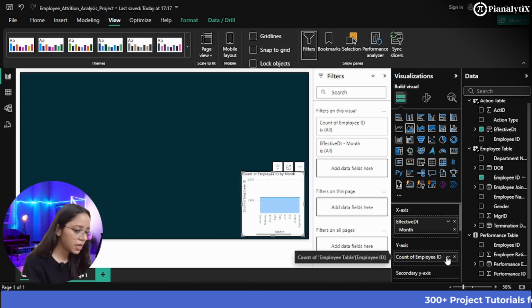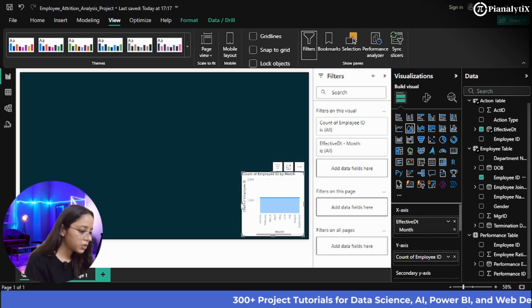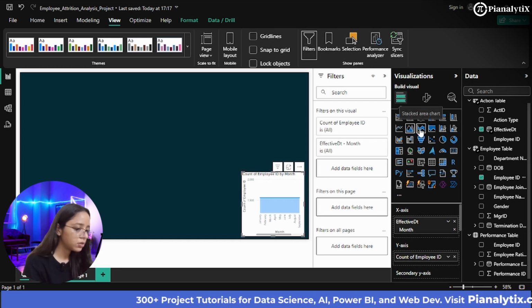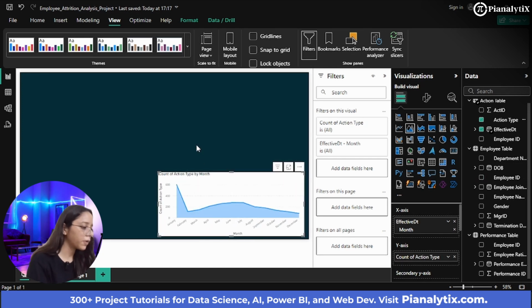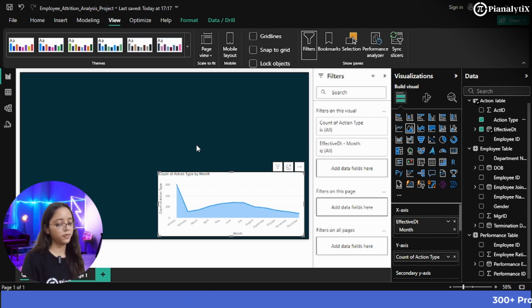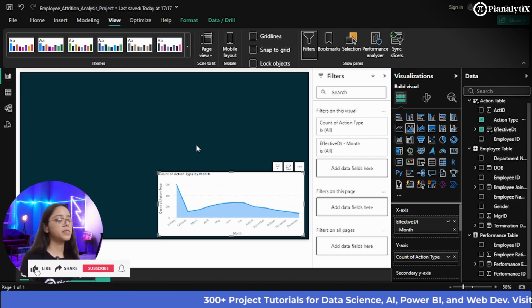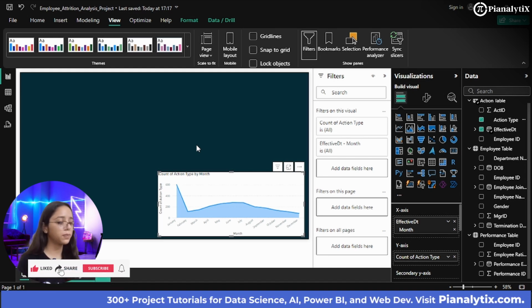So you can just see here the count of employee ID. Let me zoom in here once. I think employee ID. Okay. So actually, on the y-axis, I put the wrong field. It was the count of actions that basically happened on each employee in each